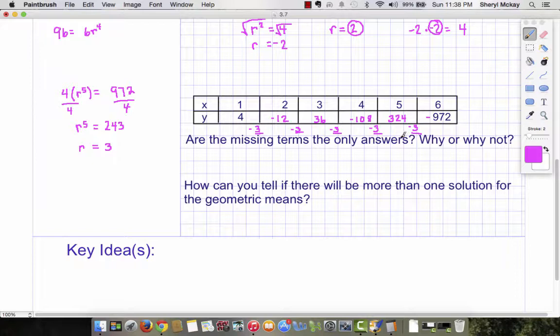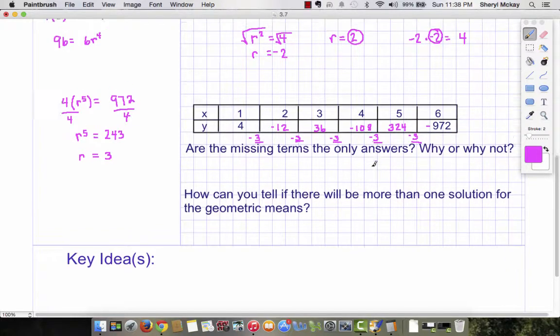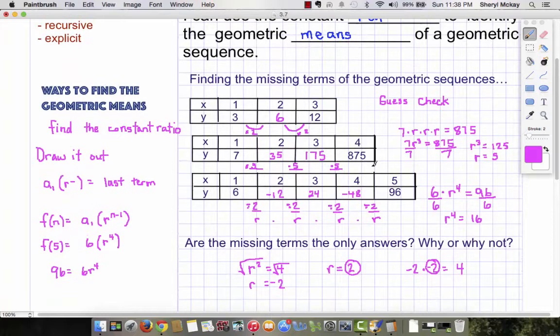So in this situation, I can't change my constant ratio. I can't use a negative 3. And why is that? Why can't we do it? Well, when we end up multiplying everything, we don't come up with our end term, 972. We come up with a negative version. So the question is, how can you tell if there will be more than one solution for the geometric means? Well, let's look back and see. In this one,